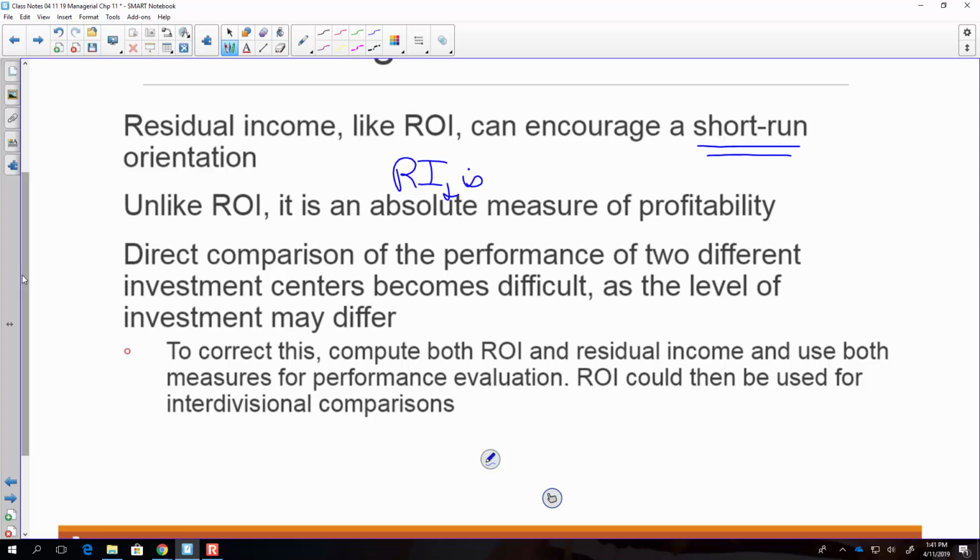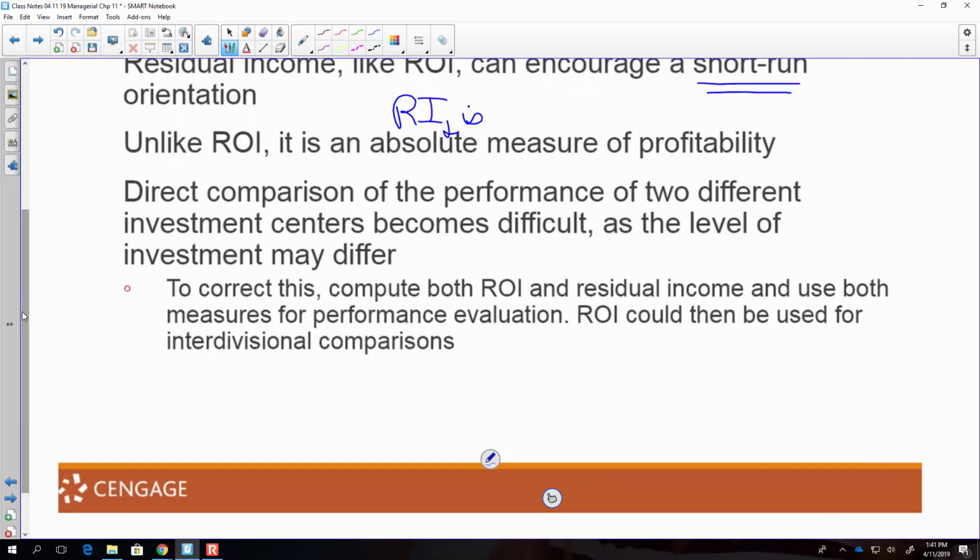And we can get different results between ROI and residual income. So you could have a scenario where ROI would say good and residual income would say not good, or vice versa. So that's where you could come to an impasse and not be able to make a clear decision. They do talk about